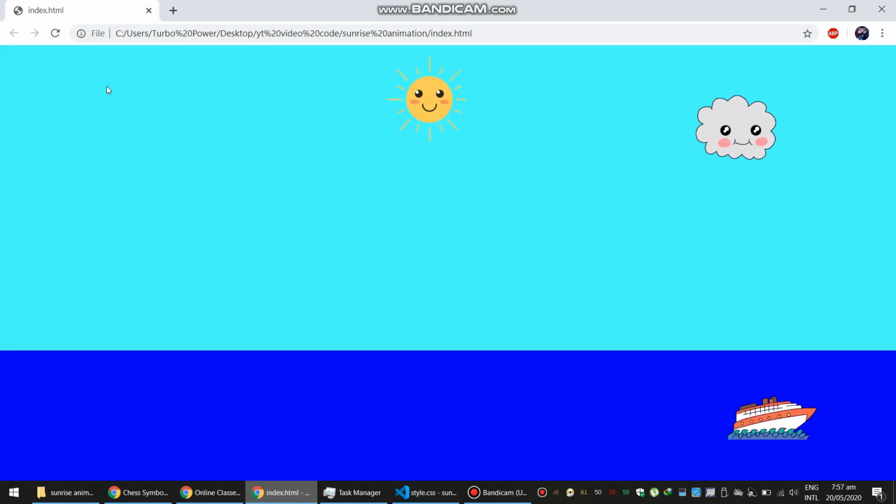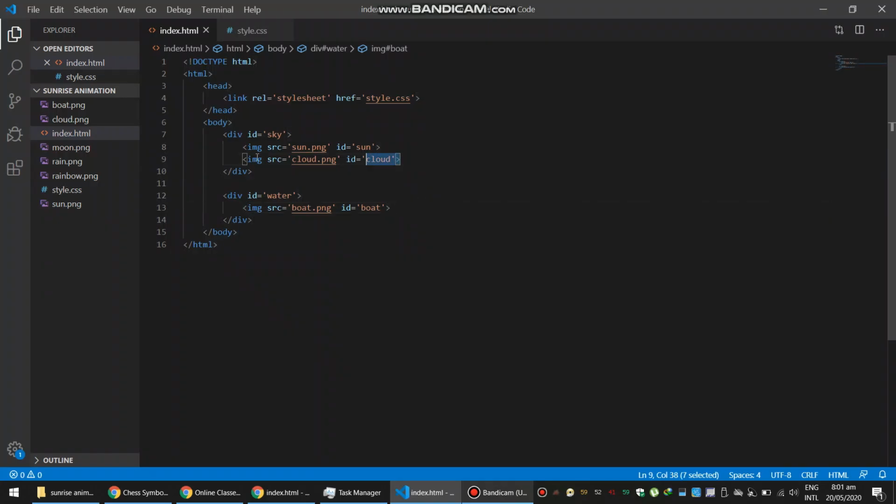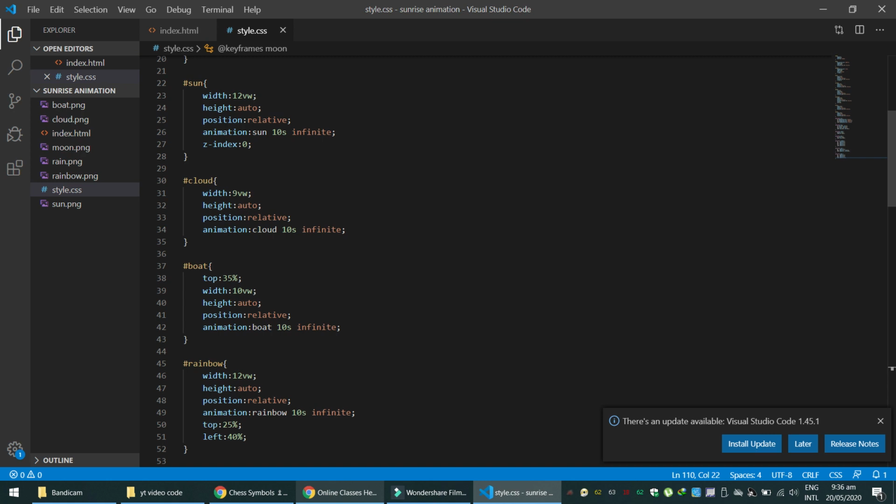Now a rainbow which will become visible in daylight but it will fade as day changes into night. Created rainbow ID, have a look at it.